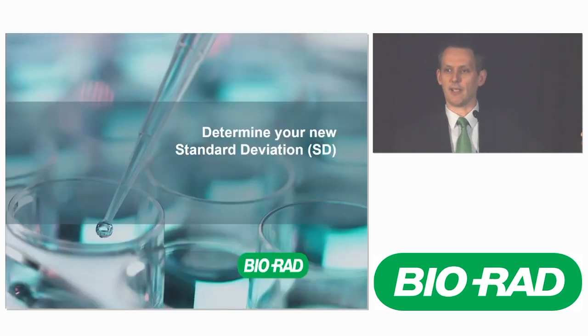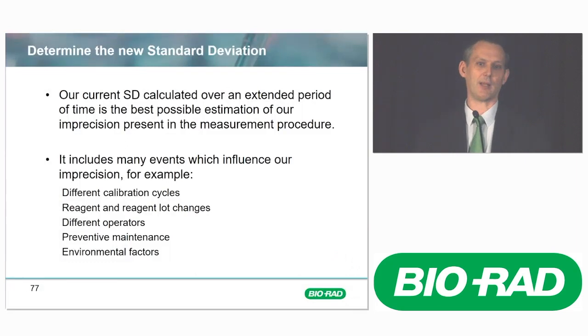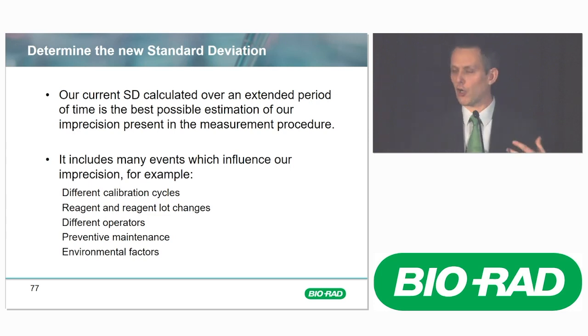So after our current process, what could we do to improve or streamline this a bit better? Let's start with our standard deviation. That's actually the easiest one, because we don't really have to establish a new standard deviation. Our standard deviation is normally more an expression of our instrument performance, not really our quality control performance. So the current standard deviation of our current lot is very powerful to use, way more powerful than just doing our 20 points of a new crossover study.